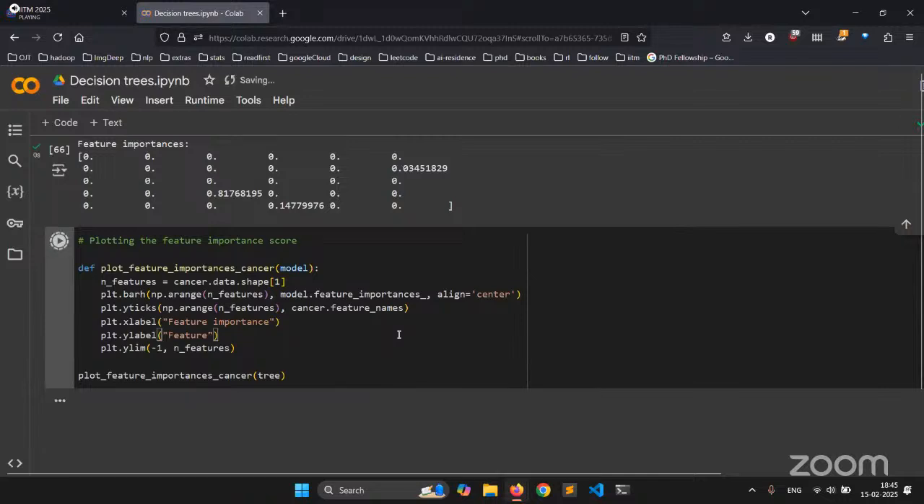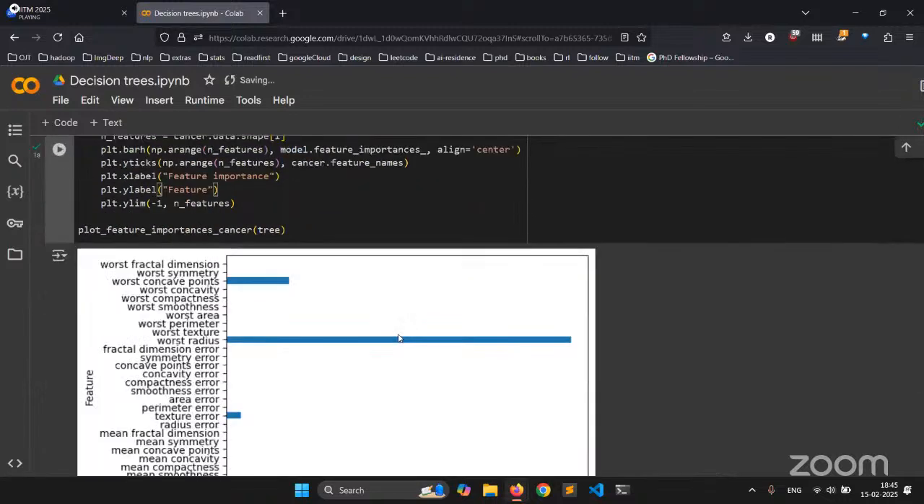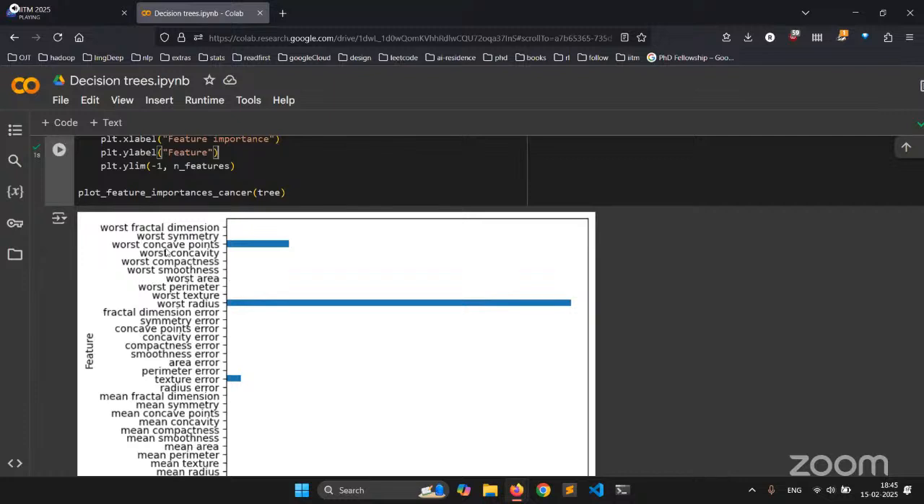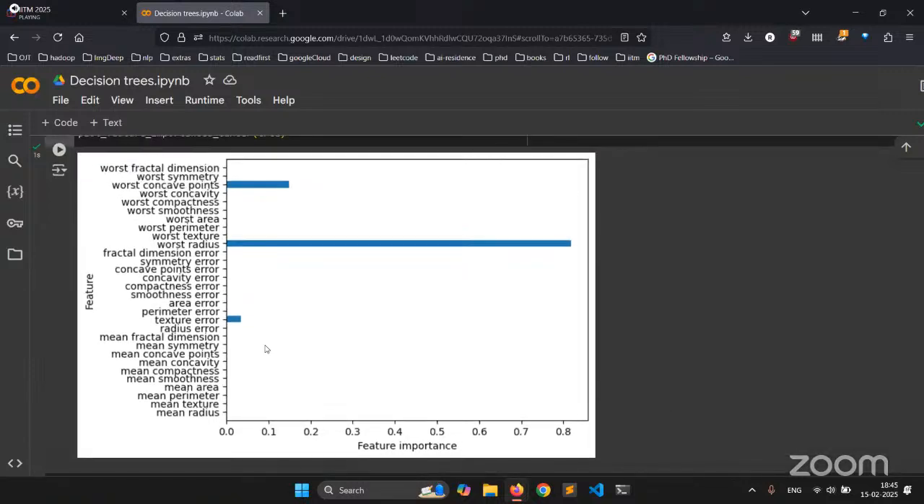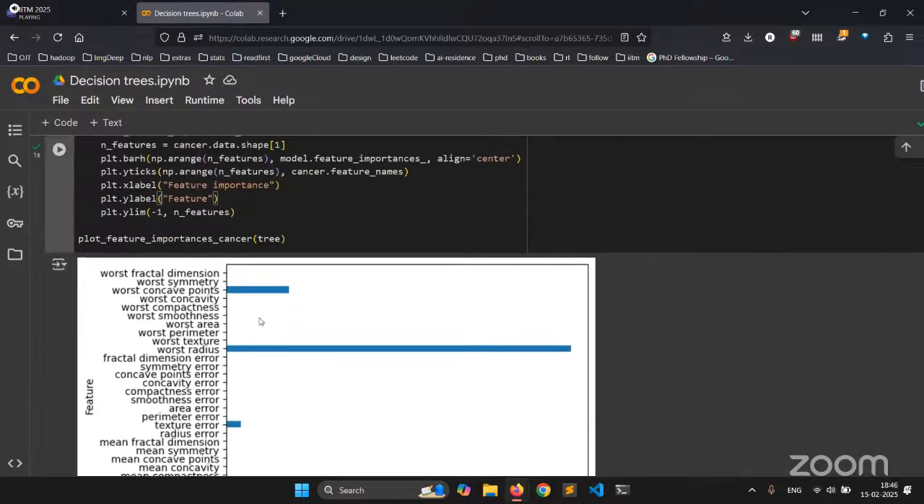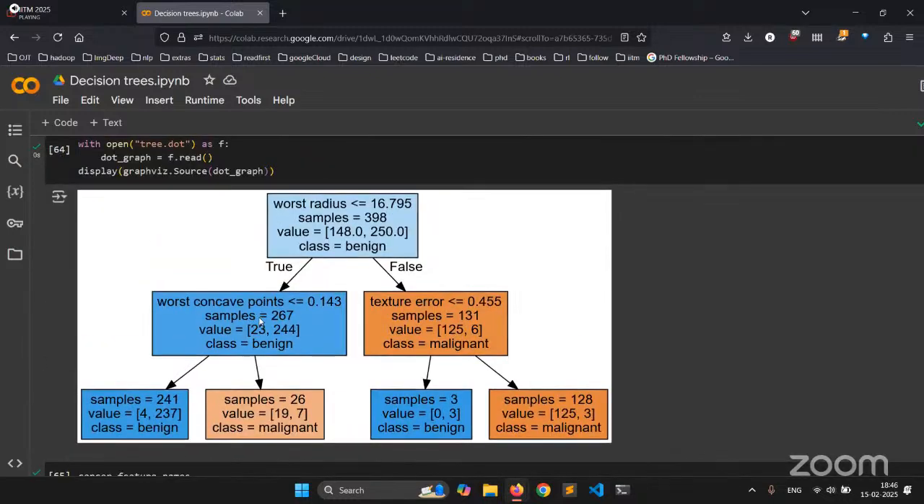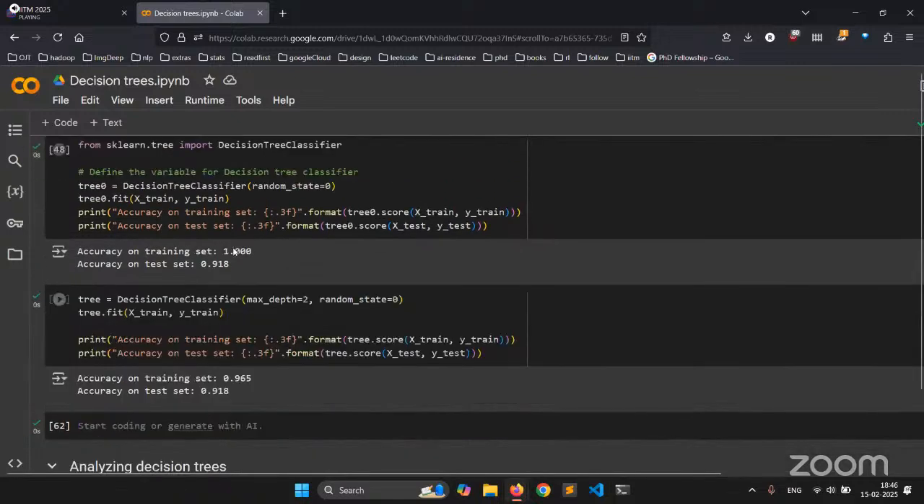And if you just plot them, you see worst radius, worst concave points, and texture error as the important features, right? So 80% of the importance comes from just the worst radius itself. You see, worst concave points is the second most, and texture error third. So since this is a decision tree of depth 2, if you increase the size of the tree,